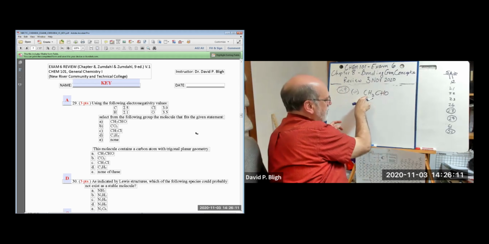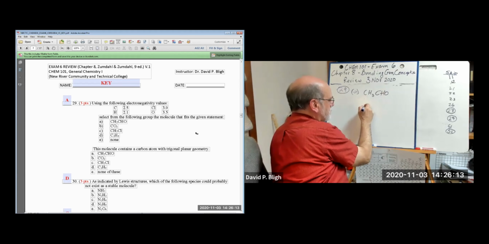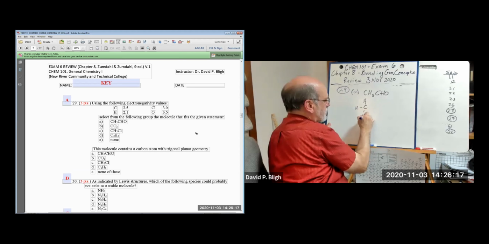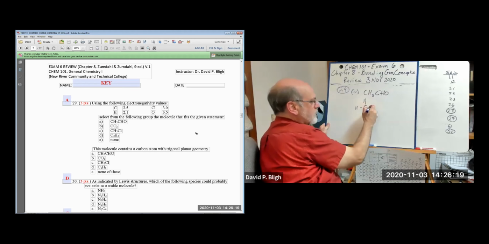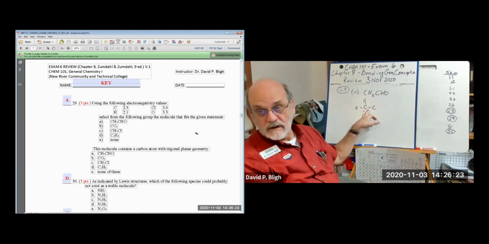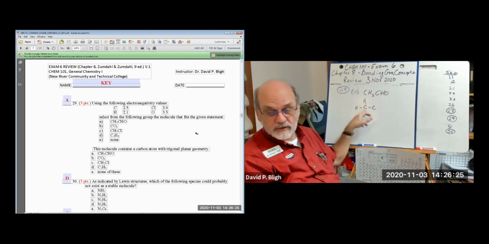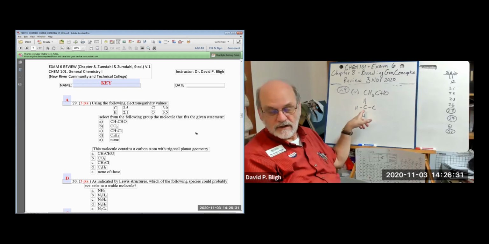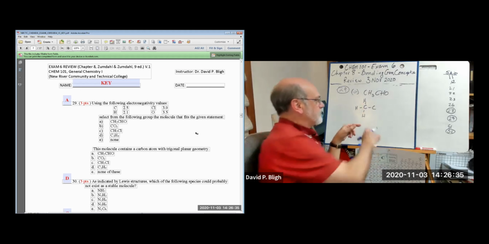This carbon is going to have, like that, those three hydrogens go here. The other one is there. So that carbon has 4 groups around it, which means tetrahedral. So that doesn't satisfy. That's not trigonal planar. That's tetrahedral. But this one,